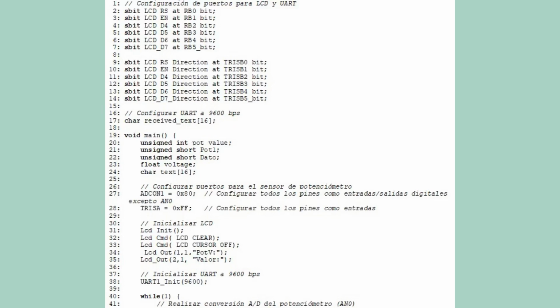Point 3. Variable declarations: an unsigned integer to store the raw ADC value read from the potentiometer, a signed integer to store the voltage value converted from the ADC reading, and a signed integer to store data received via UART. A floating point variable to store the voltage calculated from the ADC reading. A 16 character array to store text for display on the LCD. Configuration: